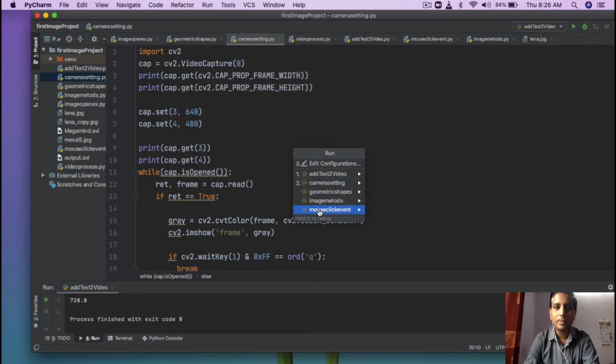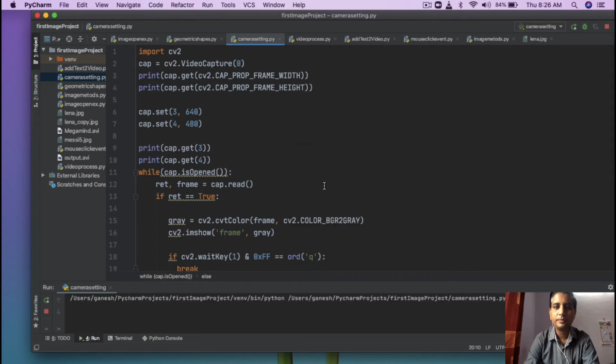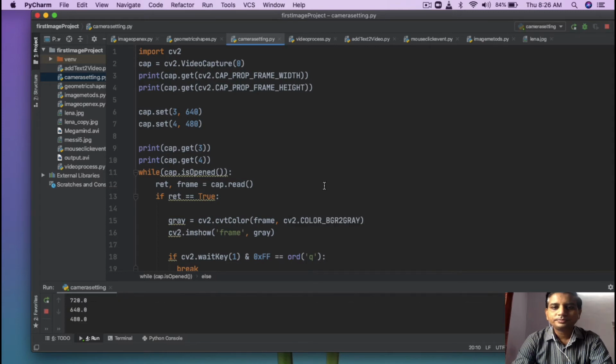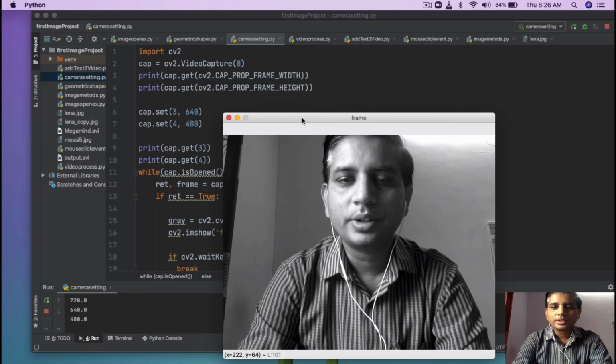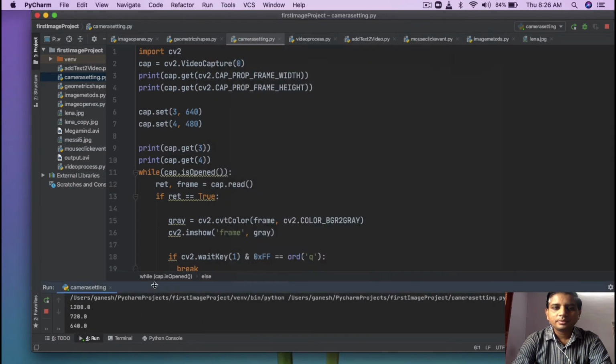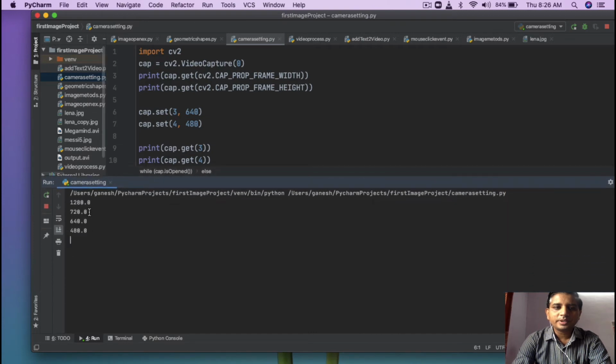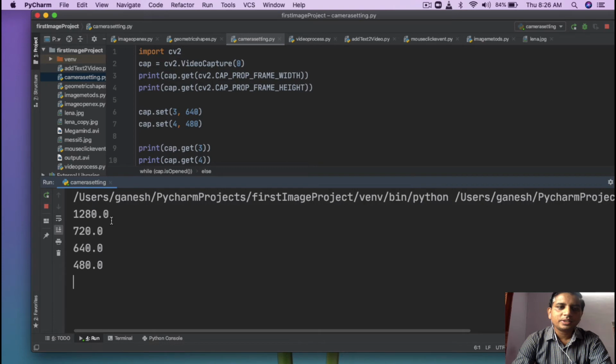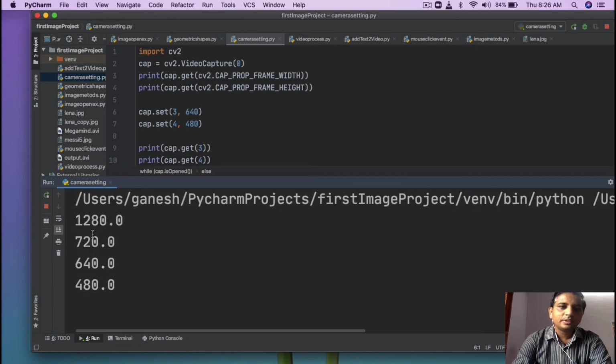The program name is camera setting. Okay, so now you can see here my camera properties: the width is 1280 and the height is 720, but now I have set it to 640 and the height to 480.